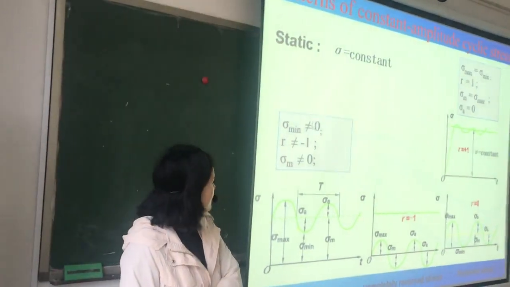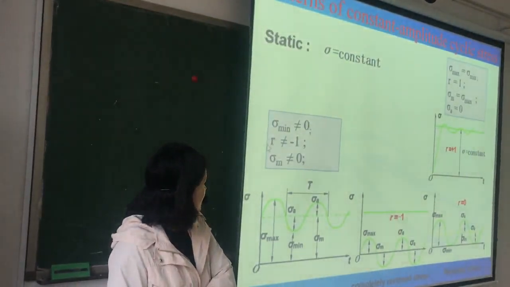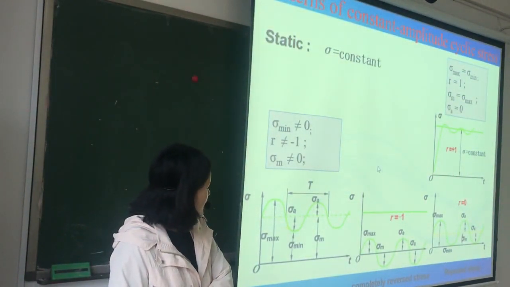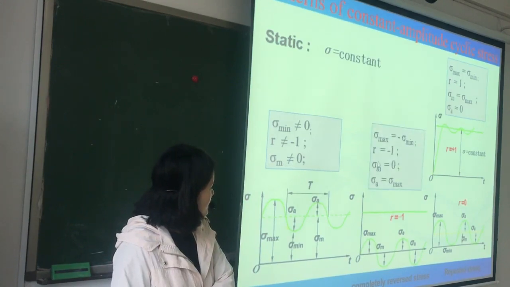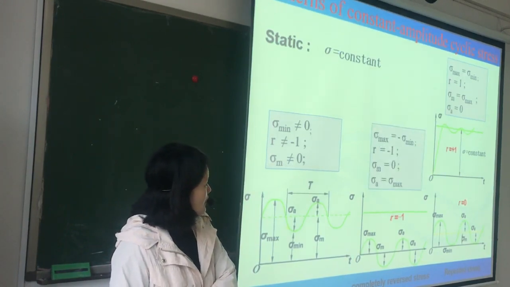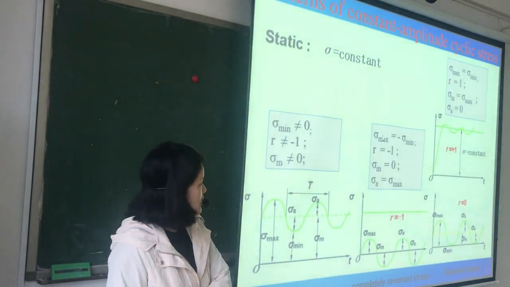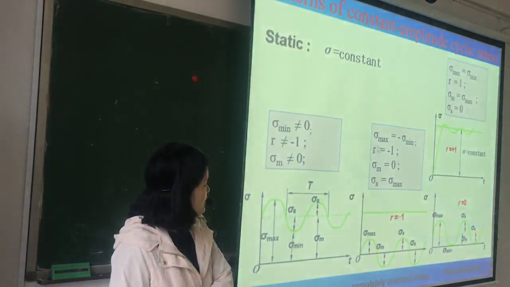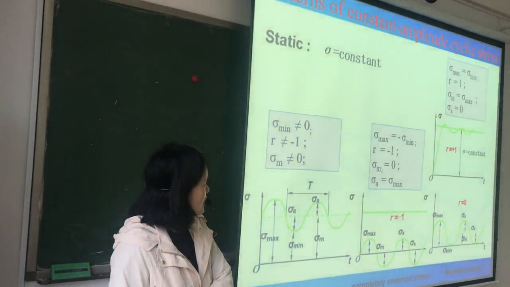Minimal stress is 0, the stress ratio is -1, and the mean stress is 0. And for completely reversed stress, the maximum stress equals minus the minimal stress, the stress ratio is -1, the mean stress is 0, and the stress amplitude